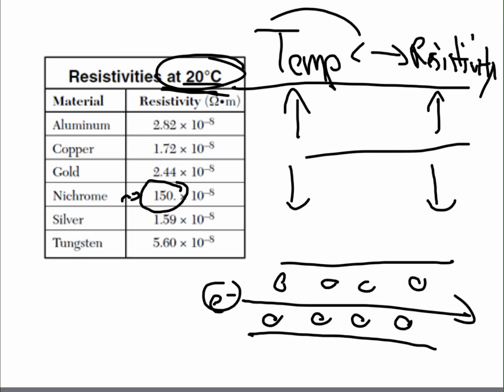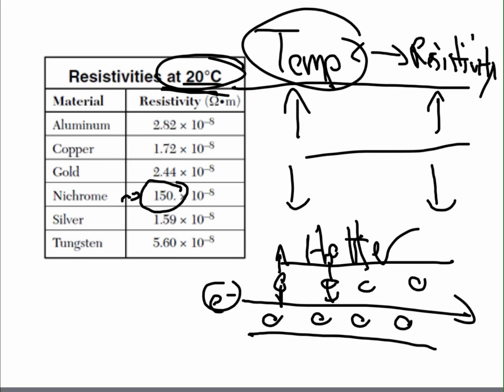And we remember, hopefully from chemistry, that temperature is the average kinetic energy of the molecules moving back and forth. The hotter this is, the faster these molecules are moving back and forth, like this, which would make it far harder for this guy to get from point A to point B,